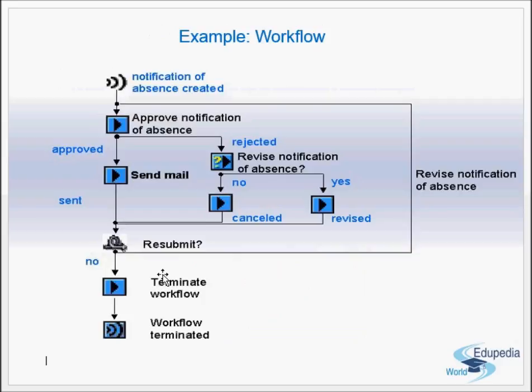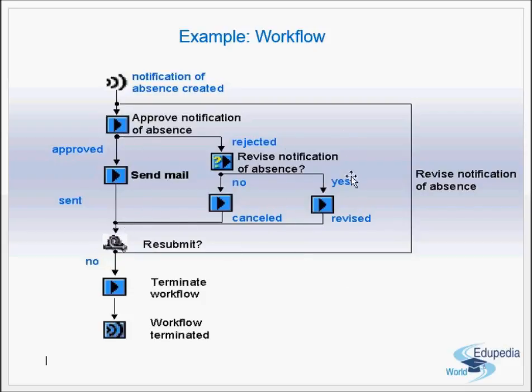Now see, this is an example of a workflow. Notification of absence created. So approve notification of absence. Once it's approved, then a mail is sent, okay, and the workflow completes. If it's rejected, you have two cases, whether revise of notification is necessary or not. Okay, if it's no, then the workflow completes. If it's yes, then again